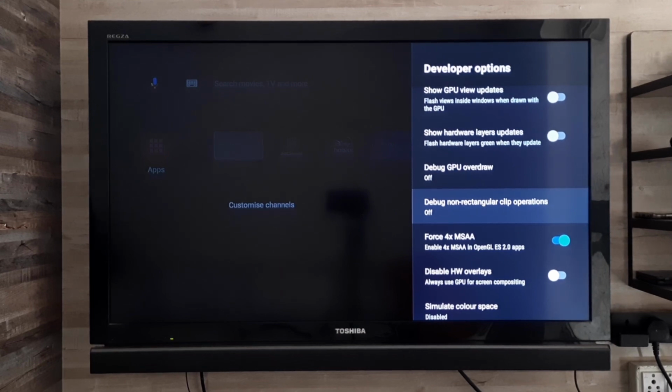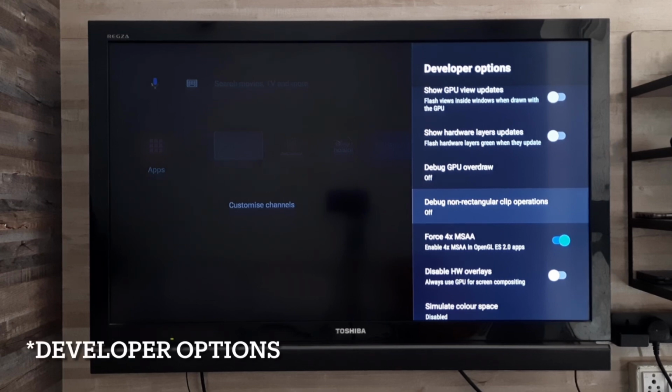It is also mentioned that it will improve the gaming performance, but I have not tried it on this Mi Box 4K, so I cannot tell you whether it will improve the gaming performance or not. But I have noticed some difference by enabling all these options. I use these options on my smartphone also, and I also use them on my Mi Box 4K.